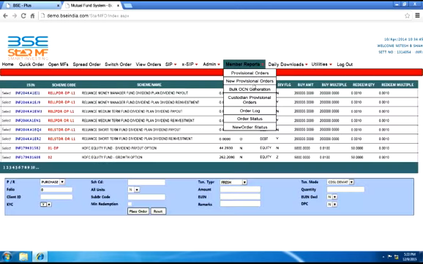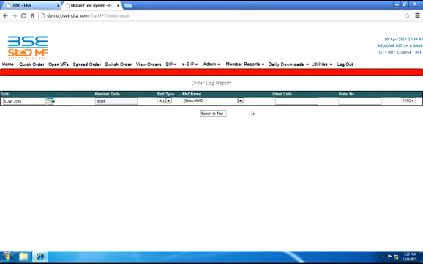Now let's understand how to check the status of the order log. For this, we need to access member reports from the main page and then click on order log. This will navigate you to the order log report page where we can see the list of order logs with complete details such as order number, mod time, type, clients, details, etc. You can select a particular time period and date, which will show you all order logs in that time period. You can also export the details by clicking on export to text.